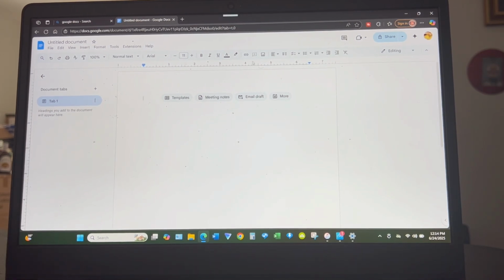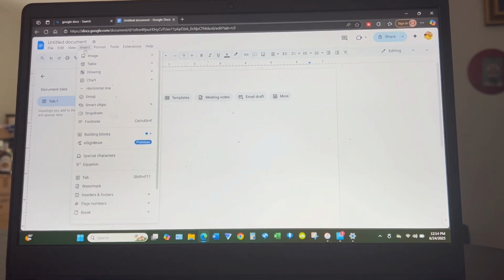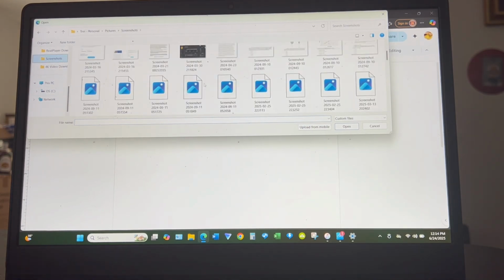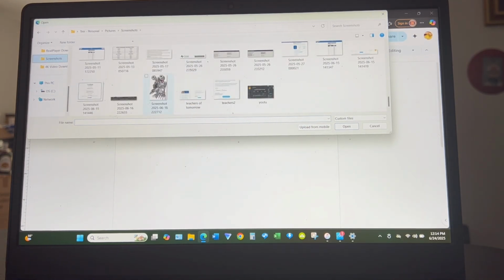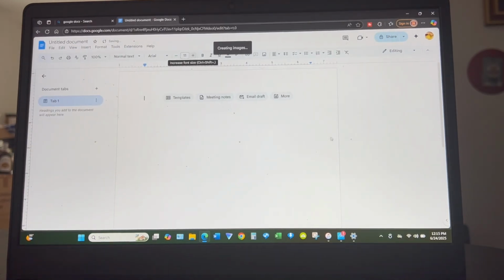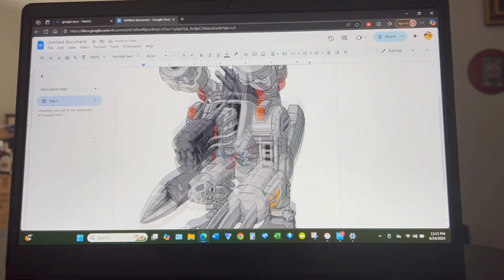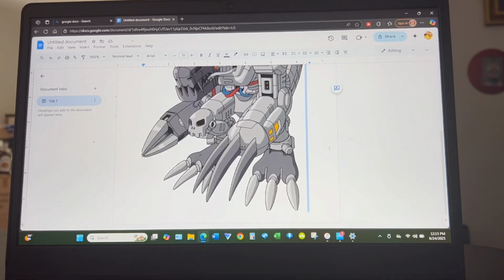So let's say I wanted to make a picture into a PDF. I would go to Insert, Upload from computer. Let's say I want the screenshots. I'm gonna take this picture of Machinedramon Digimon. All right. So now that I got this, if I wanted to turn this picture into a PDF to be